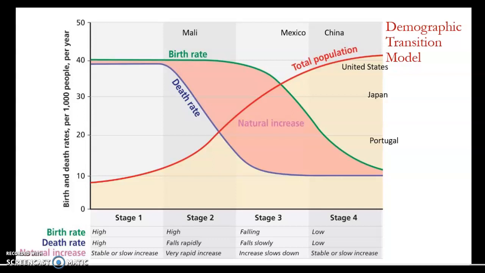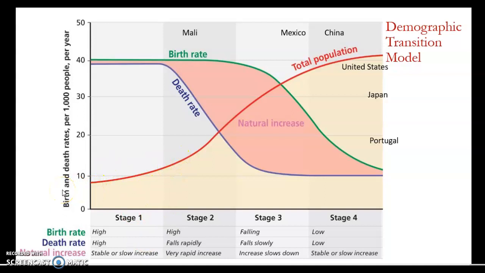When we look at countries that are in stage 4 today, we're really looking at the countries that industrialized the earliest. So Western Europe, North America, those countries have moved through this cycle. Another important factor, in addition to economic development, is gender equality. As we go through these different stages of the model, we're going to see how gender equality plays out. Now, first off, we're going to look at stage 1.